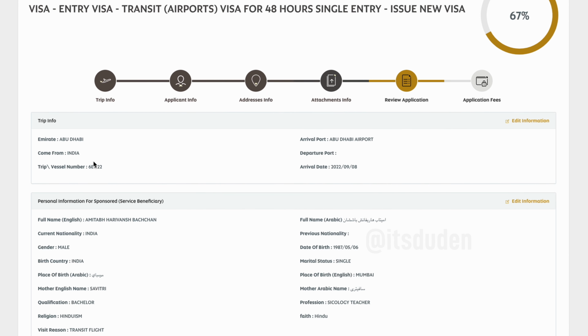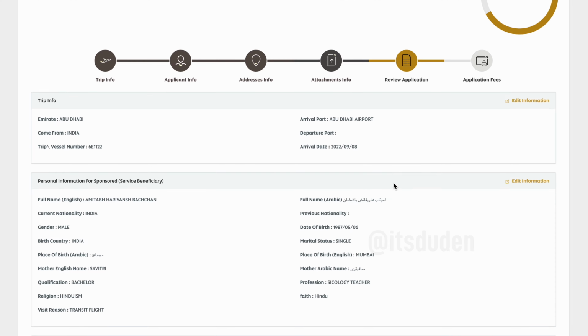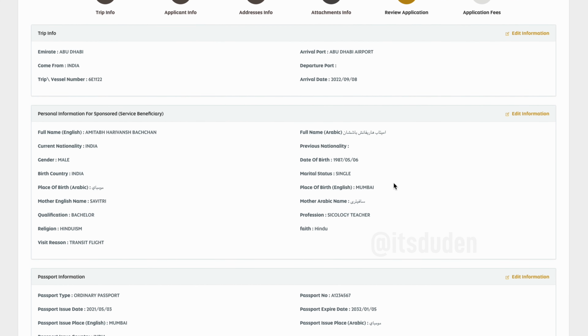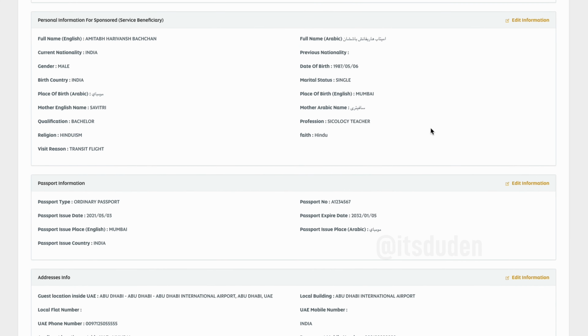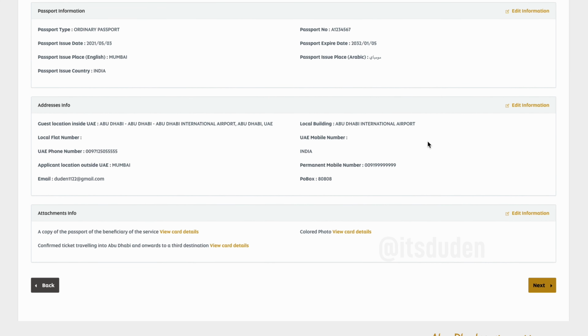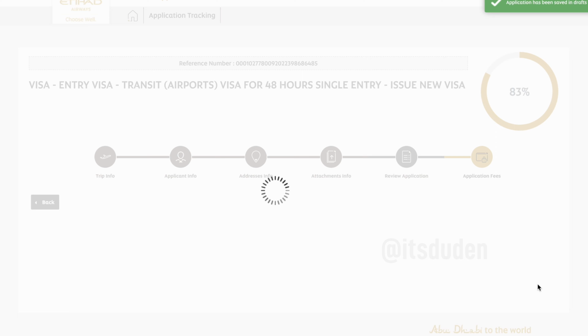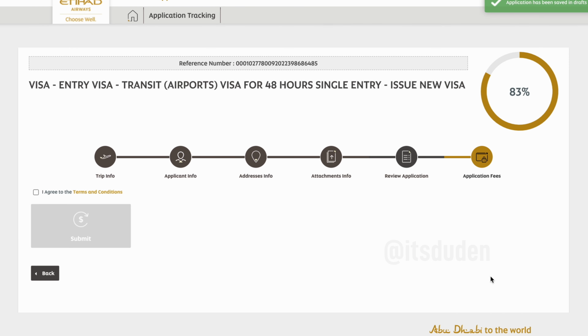The departure port is empty and that's okay. Make sure to review all the other details and finally click on the next button. On this final step you have to click on the I agree to terms and conditions and then just click on submit. And that's it.